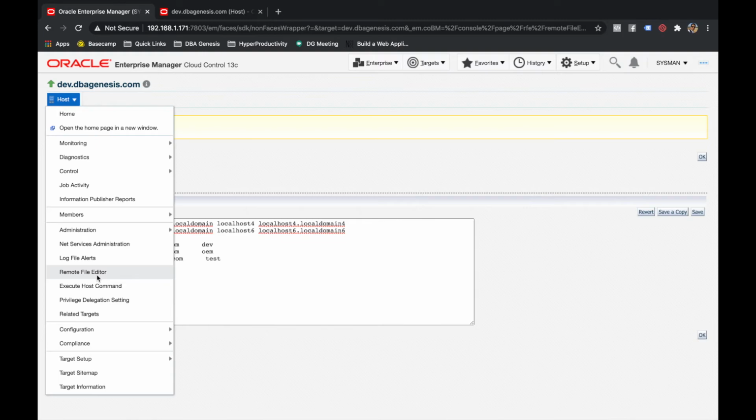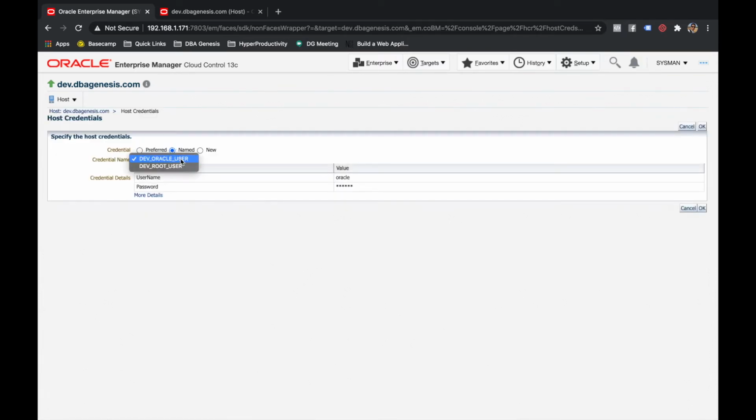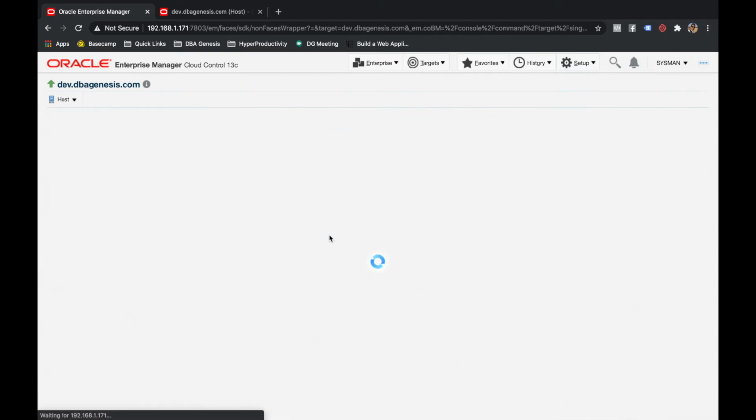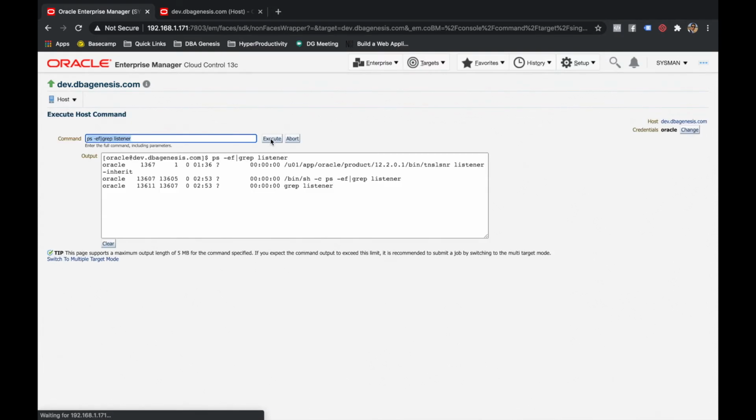the target server. The next beautiful option is execute host command. Let's say you want to run a command on the target server, right? So I want to check whether the listener is up and running. So I'll connect to the server as Oracle user. I'll click on OK, and the command is ps -ef | grep listener, right? Let me execute, and can you see I can literally see the output of that